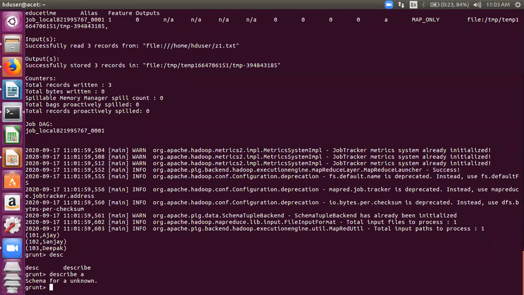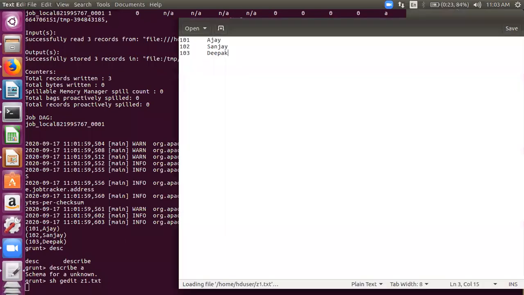Let me add something more to the file. Please keep on noting this if you really want to do analytics on your own. That's my request to you, right? So I'm going to analyze this file. If I need to run the gedit command here in the grunt shell, I must begin it with sh. Okay, I'm going to edit this file. After a tab, I am going to put certain more things so that I can tell you whether you can go without schema or not.